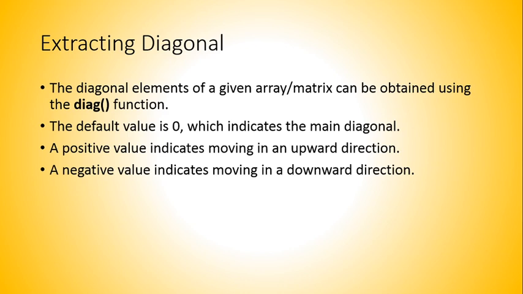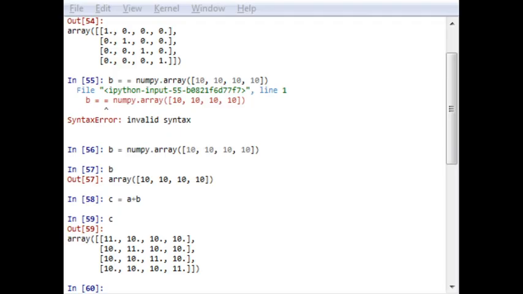This is similar to using the I matrix that I have already mentioned earlier. That positive and negative is similar to I, but this is for extraction purposes. While in the I matrix, by using +1 and -1, you shift the array values upward and downward. Here, using positive and negative values, you select a particular diagonal for extraction purposes. So let us check it with an example. Okay. In our Python console, first of all, clear our console.